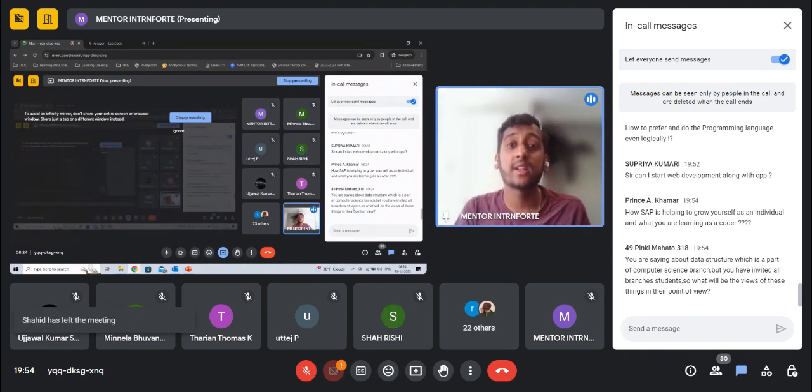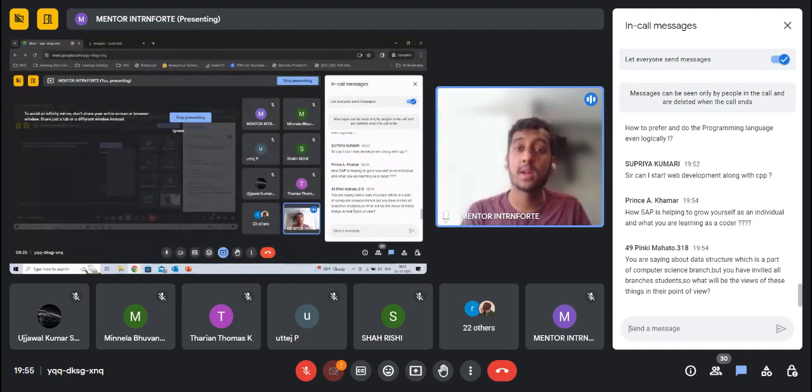So yes, you can definitely do web development and C++. It really depends on what your interests are. If you want to start out with full stack as your career, then I would say yes, you can definitely do web development, and on the side learn a language like C++, Java, or Python for LeetCode. So definitely, I would say go for it.